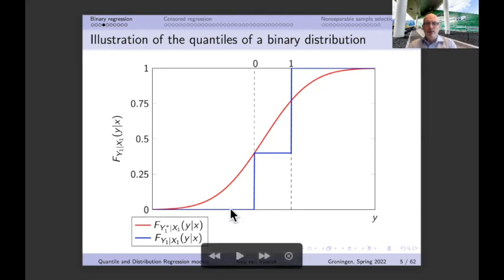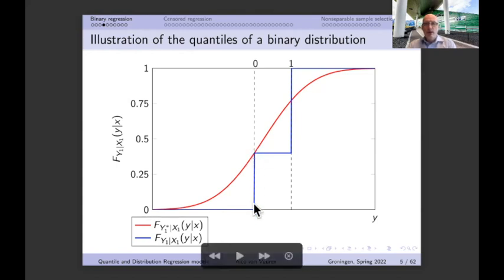And that means nothing else than that we get here an upwards jump in the distribution function of y1, because although it was always equal to 0 so far, now we do know that the distribution function of y1 at 0 is equal to the probability that y1 is exactly equal to 0, and that's equal to the probability that y1 star is smaller or equal to 0, and that is of course equal to the distribution function of y1 star evaluated in 0.